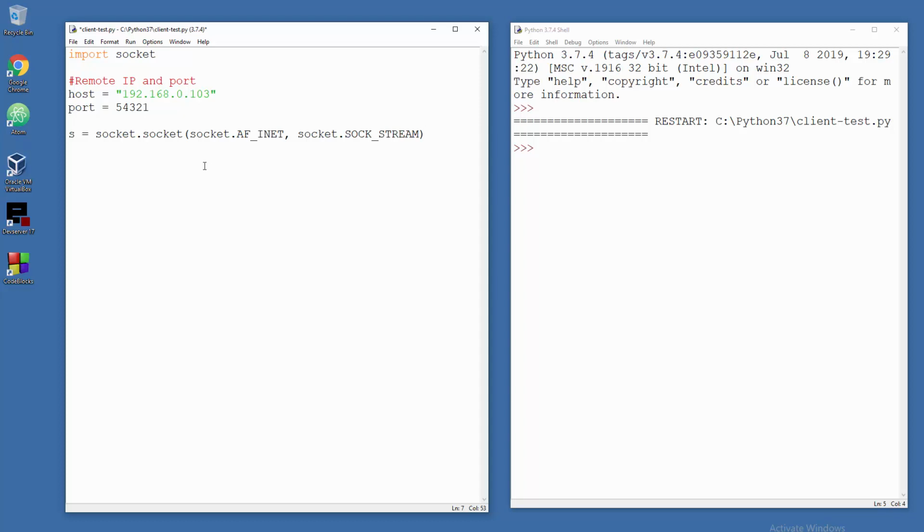Right, so after this we don't need to bind anything, we are just going to connect because this is a client, so no binding here. So s.connect, this is a new thing, and the same arrangement, left side host, right side port, and then we need to accept data